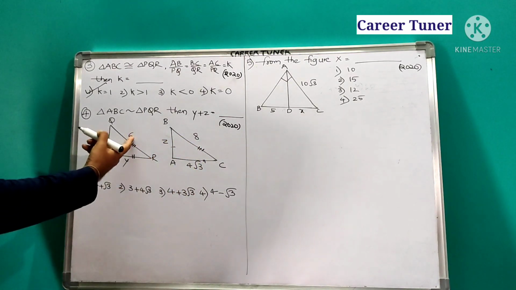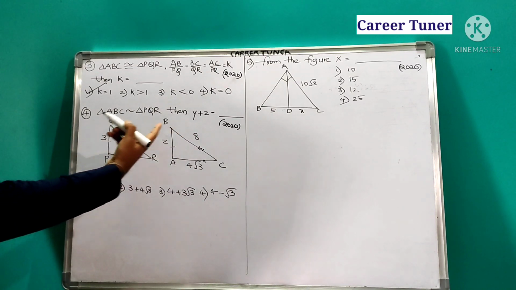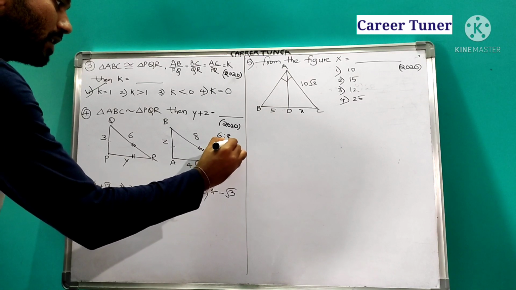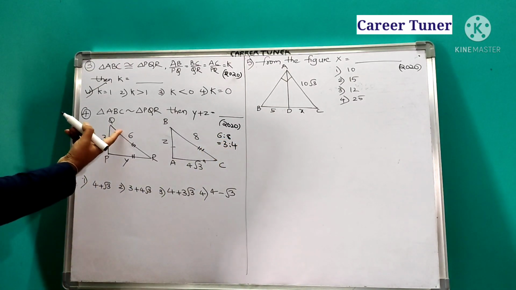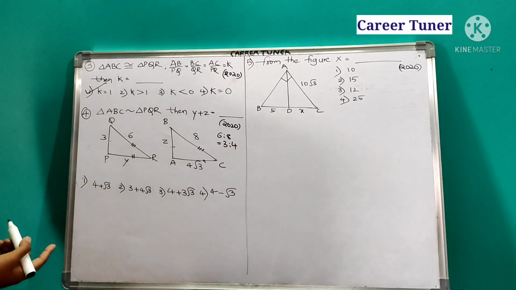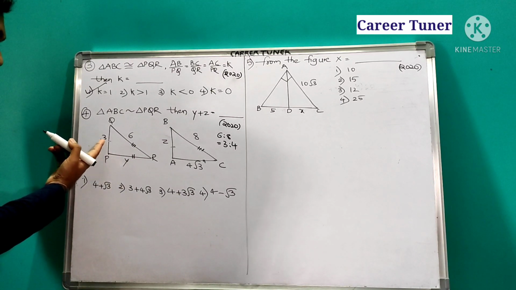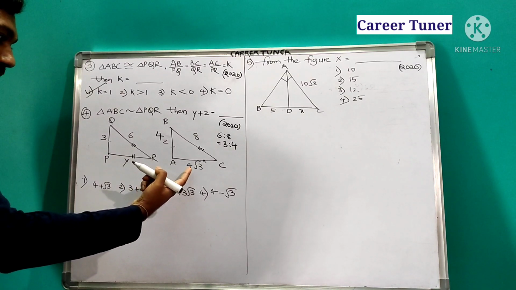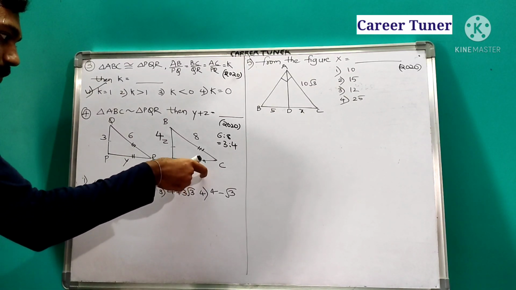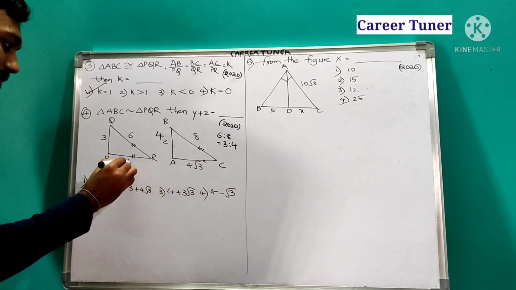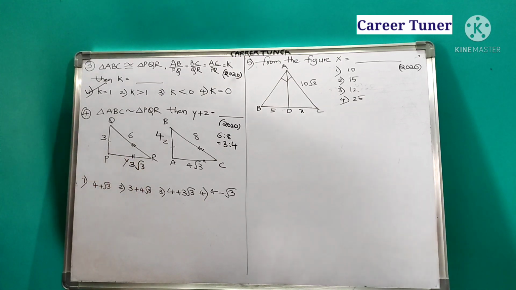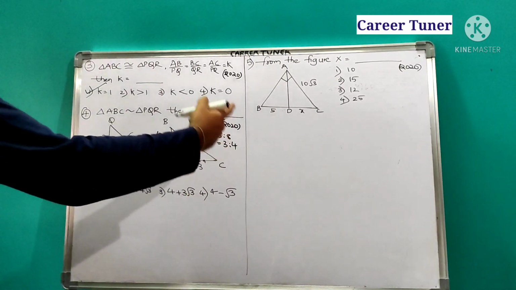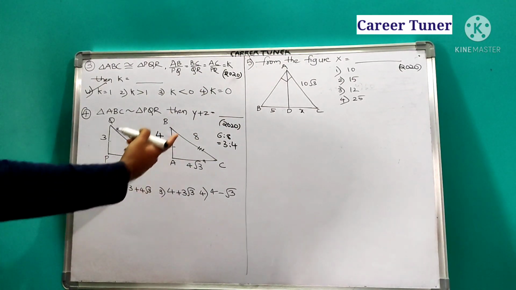Now you see what is the ratio? 6:8 for these two sides. 6:8 is nothing but 3:4. That means if it is 3 parts, it should be exactly 4 parts. Now you see here also we have 3 parts, so exactly this should be what? 4 parts. Okay, now here it is 4 root 3. So if it is 4 parts, then here it should be how much? 3 parts. That means it will be 3 root 3. So you see 3:4, 3:4, 3:4. Exactly the same ratio is maintained. So what is our answer? We asked Y plus Z.